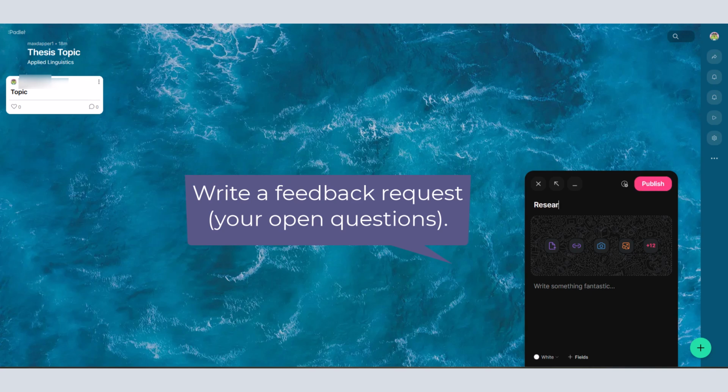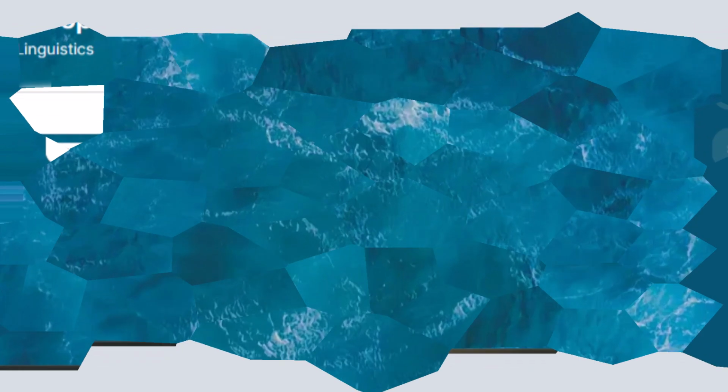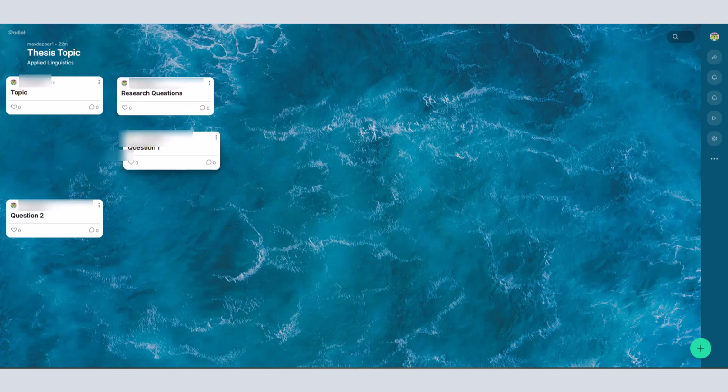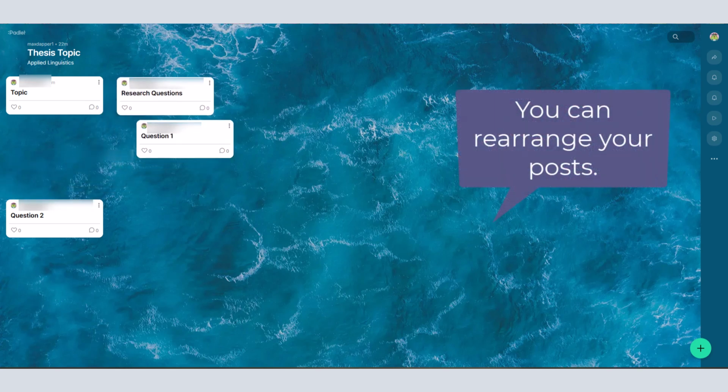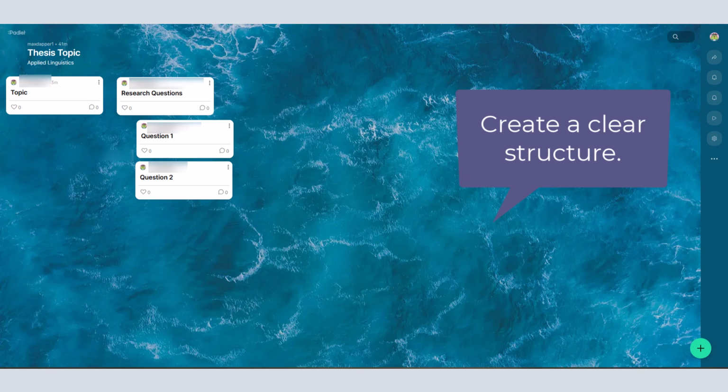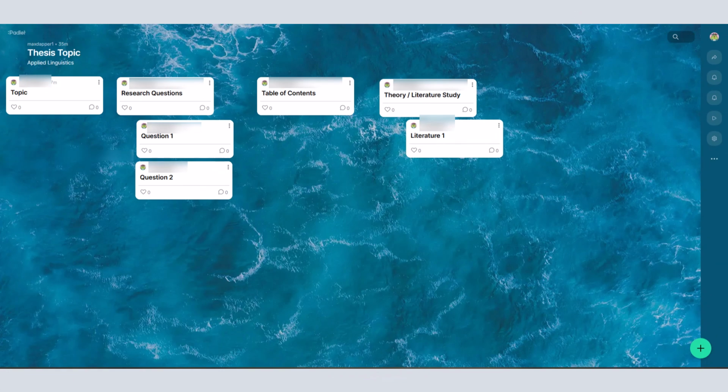So, what are the areas or steps you are still insecure about? Where do you feel stuck? For which specific aspects do you want to obtain feedback from your peers and teacher? After you have posted the contents, you can still rearrange them. Make sure that the structure will be transparent for your peers so that they will know in which areas they could support you. You can also add further information such as your table of contents or a brief summary of